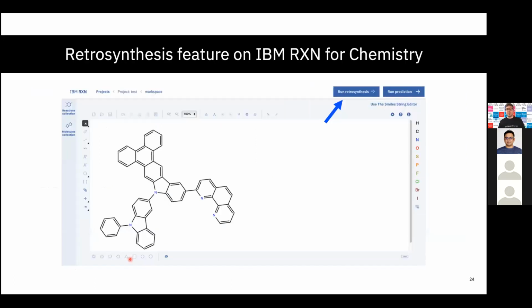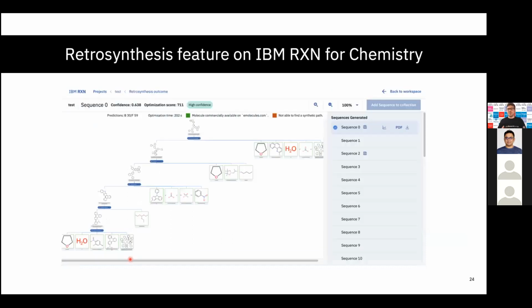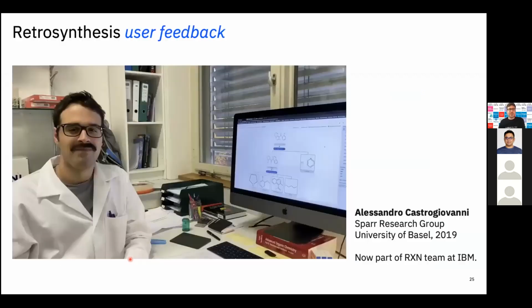We have also the retrosynthesis feature available, where you get back different suggestions of synthesis routes. It's even available in an interactive mode. In the interactive mode, the chemists get suggestions by the AI model and then can select, using their expert knowledge, which of the steps they want to take. And they can further expand the molecules they are interested in. Here's some user feedback that we got